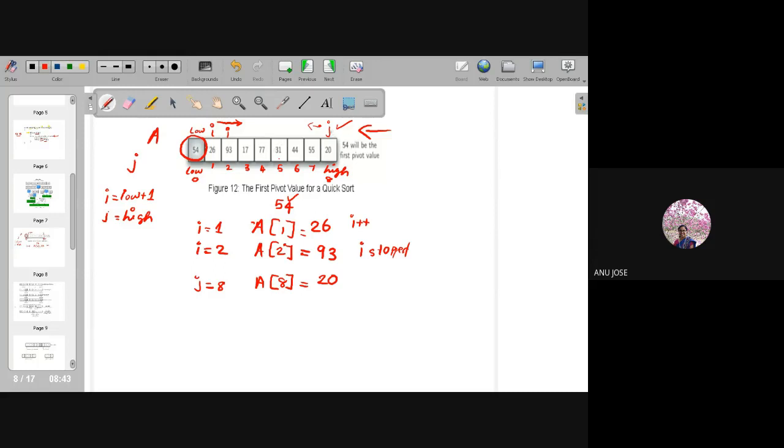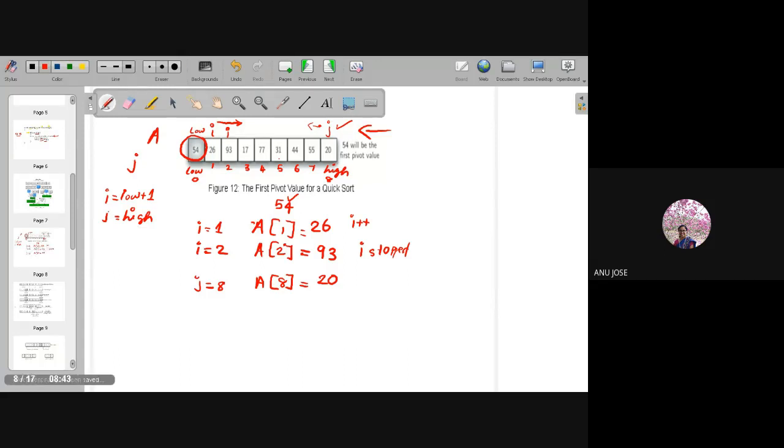If the value present in the jth location is smaller than the pivot element, then the movement of j will stop. In this case, what is the value present in the jth location? That is 20, which is smaller than the pivot. So should j decrement or stop its movement?